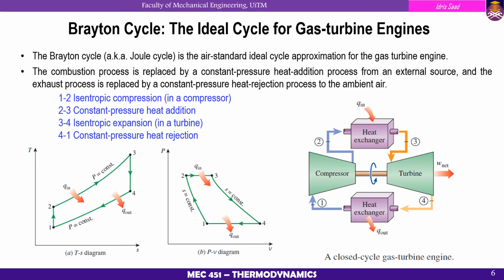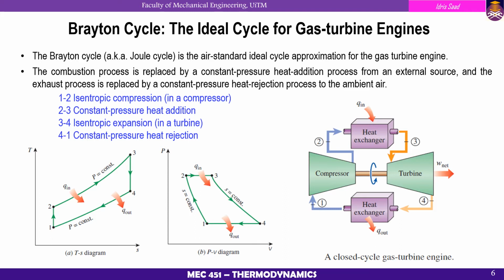The result from this assumption is what we know as the Brayton cycle, or the ideal cycle for the gas turbine engine. The Brayton cycle, also known as the Joule cycle, is basically the air standard ideal cycle approximation for the gas turbine engine. George Bailey Brayton applied the basic considerations in the analysis of the power cycle,